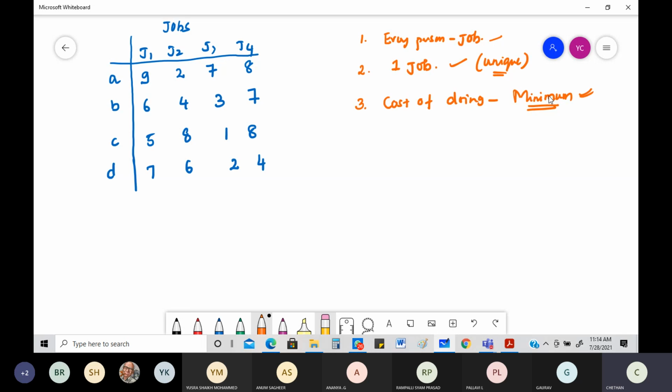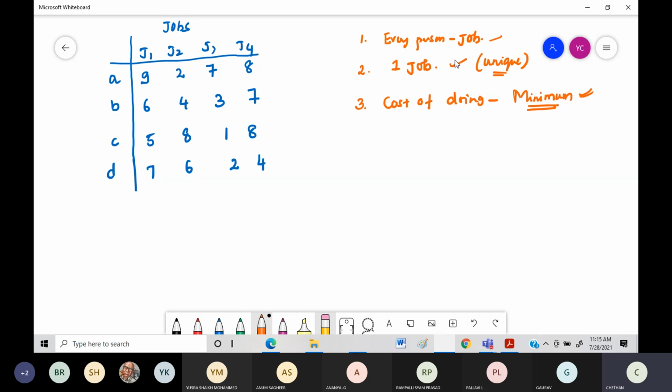You figure out what is the minimum number of objects that you put in your knapsack such that the cost is maximum. Okay, there you're finding out maximum, but what is the meaning of that? You're converting a minimization into maximization. When you study that, you'll get to know. Okay, see, cost of doing this should be minimum. That's the most important part. So these things need to be kept in mind before we figure into this.